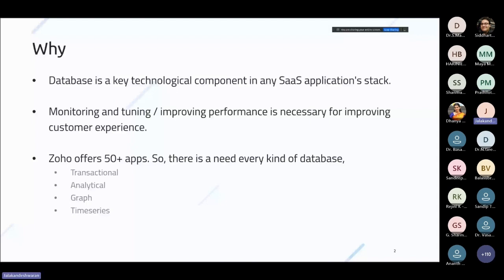So monitoring and improving performance of database is absolutely important in order to ensure better customer experience so that we can increase our revenue. So this is absolutely important, and it becomes even more important when you have the breadth of applications that Zoho offers, say 50 and counting. So due to the breadth of the applications that we offer, we have the need for every single kind of